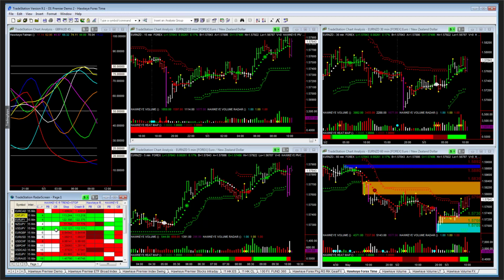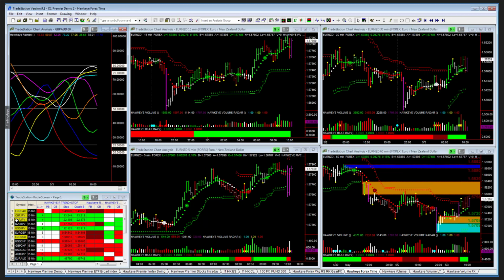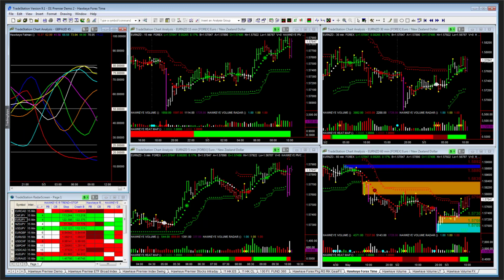The Euro Yen looks like a nice cross pair to be looking at for potential trading. What is the 60-minute? The 60-minute is also showing it in a positive direction. So this looks like a potential trade to the long side for the Euro Yen, which is currently in a long trend. So that's my analysis and what Hawkeye says about the current setups for Euro New Zealand and so forth.